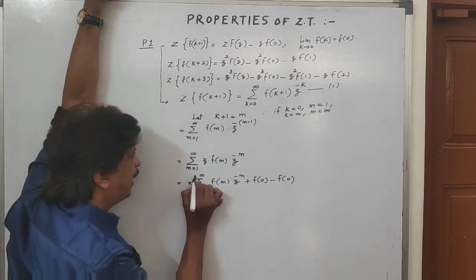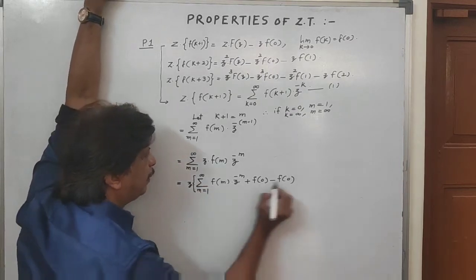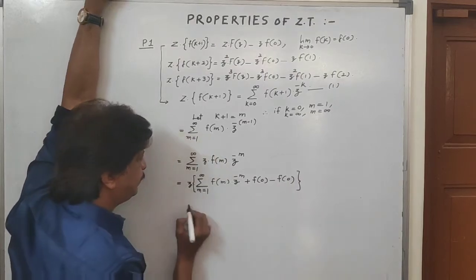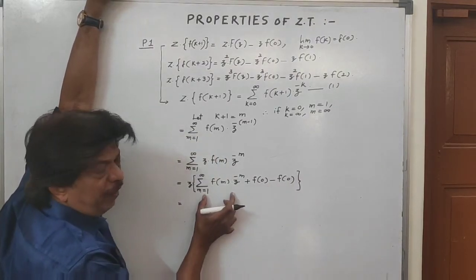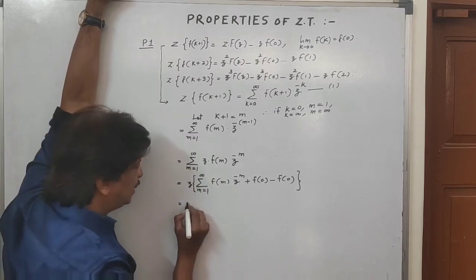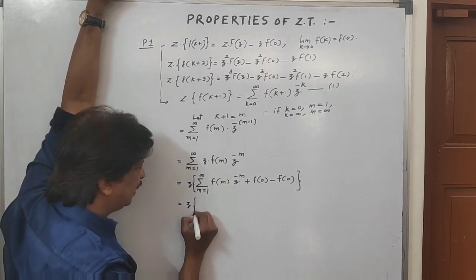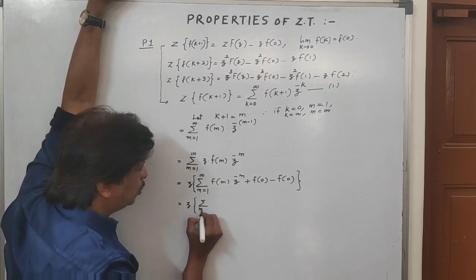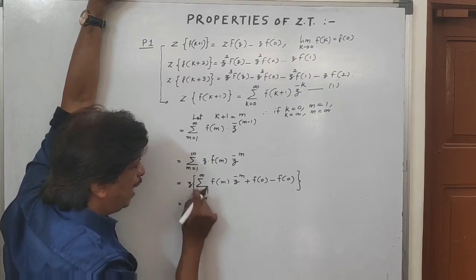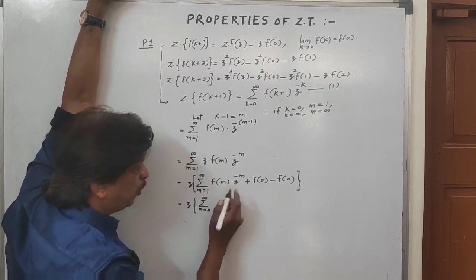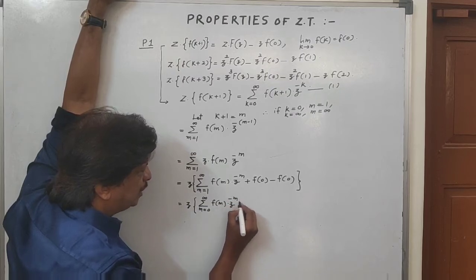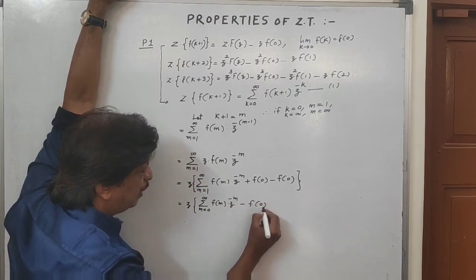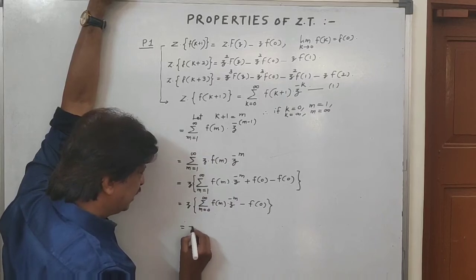It should be taken in bracket. So f of 0 plus f of 1, f of 2, this can be combined in the summation sign like this. Summation m equal to 0 to infinity, because I have included this f of 0 in this summation sign, f of m into z raised to power minus m minus f of 0. So multiplying by z, it is z. And this is nothing but the z transform of